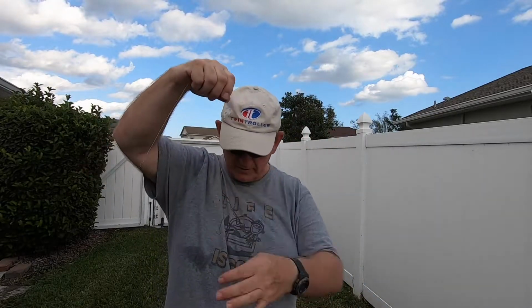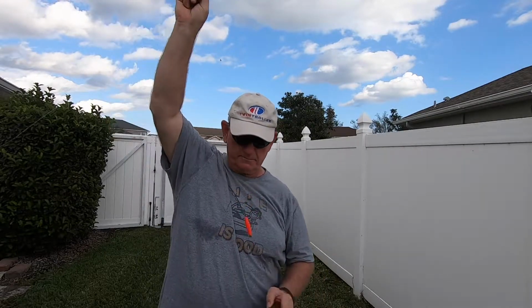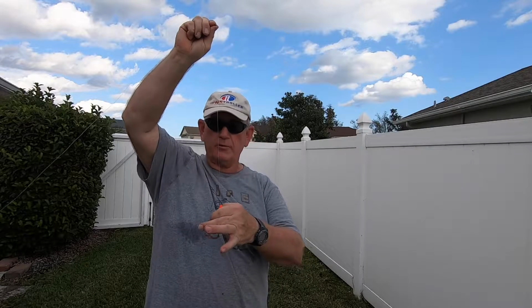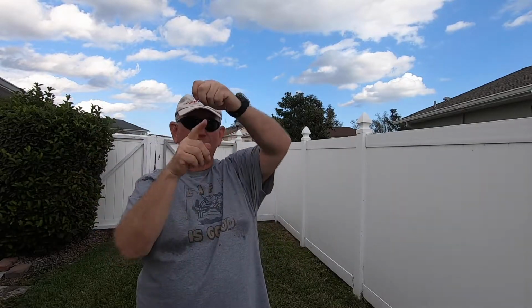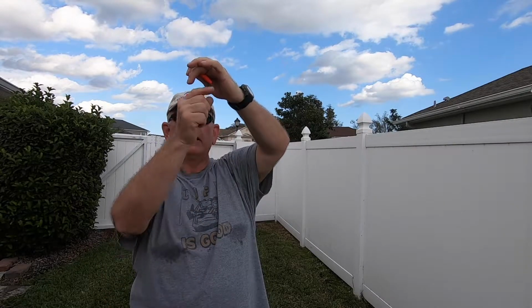I throw this out in the water. The little sinker, and you may have to add several if you want them, pulls this down into the water with a little bit of bait on the bottom. And this little bobber floats up till it hits this bobber stop. So this now sets the depth of the water